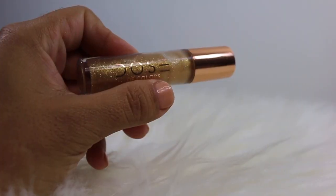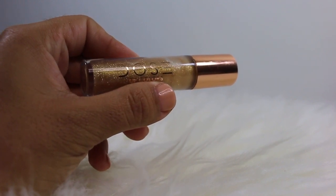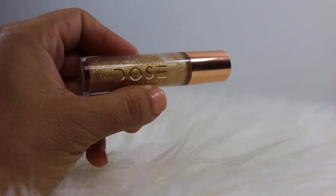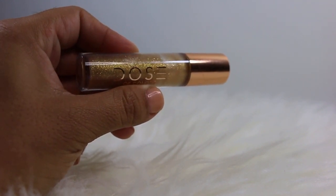Alrighty, and next I have the Dose of Colors and Desi and Katy collab. I have the gloss here, and this is basically a clear gloss with gold reflex, and hopefully you can see it right there. I like to wear this gloss specifically when I don't wear a lot of makeup, or if I'm not wearing any makeup at all, and I like to wear this on top of a lip balm or